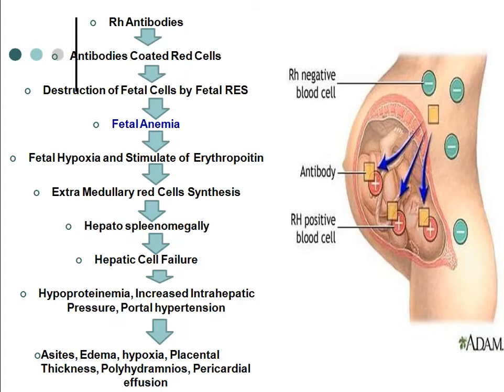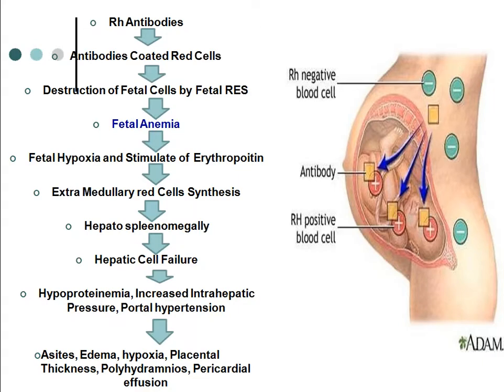Because of the hypoxia, this stimulates erythropoietin. When there is less oxygen, it stimulates further production of erythropoietin. So normally in the medullary system, the RBCs are synthesized inside the medulla. But now, because there is a severe deficiency of oxygen, more RBCs are required. So extramedullary synthesis of RBCs occurs. So where is this extramedullary synthesis, other than from the medulla of the bones? This is being produced in the liver and in the spleen.